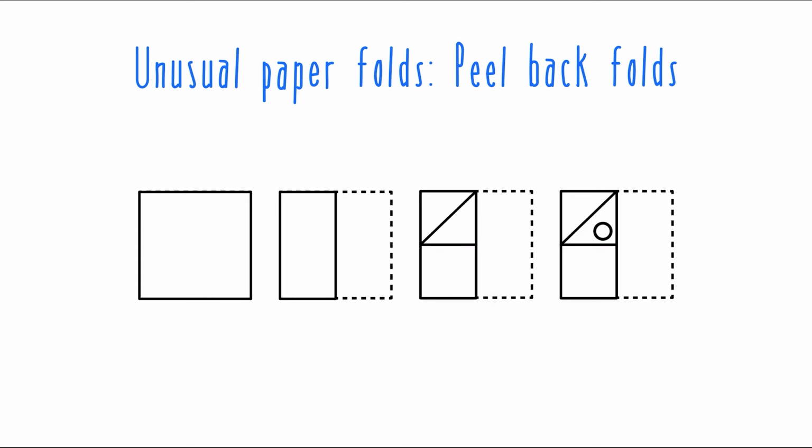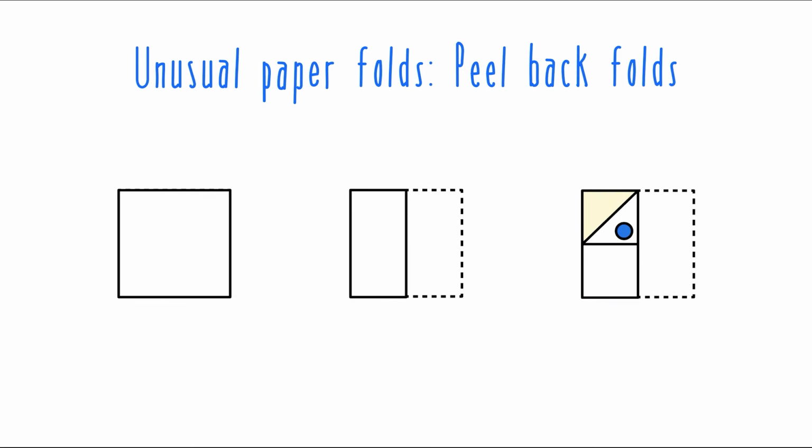Here's another example, this time of how it would look if there was a diagonal peel back. The first folding step for this problem is a vertical fold, and then there's a peel back of just this corner. And you can tell it's a peel back because there's still this layer of paper underneath. This is then how many layers of paper would be in each area, such that the hole is going to be going through 3 layers of paper,